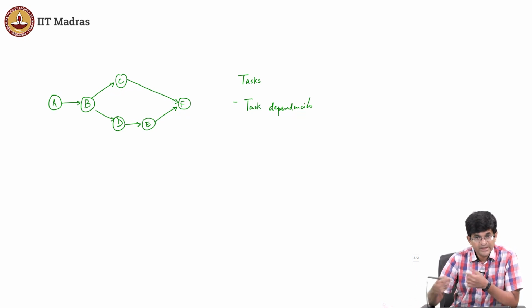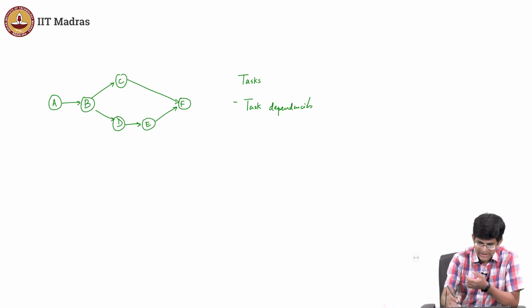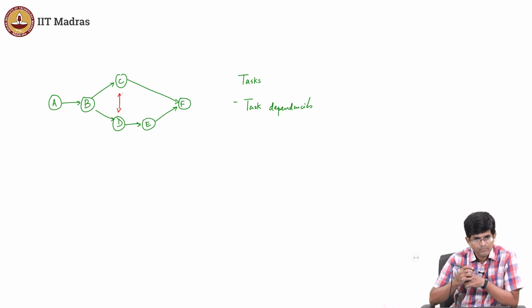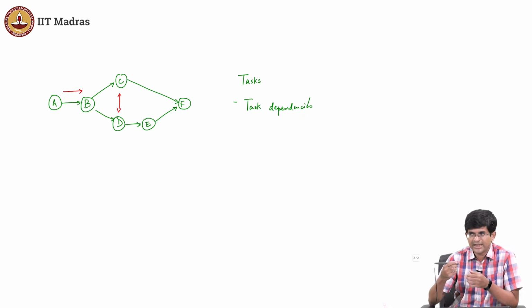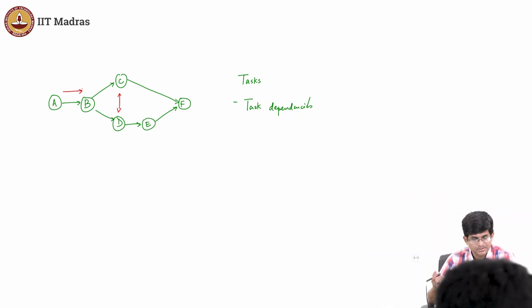right, which in turn leads to another aspect, which when you look closely at this, you will realize that, look at these two tasks C and D, right, do they have any dependency on each other, right. One thing I can say for sure is, look, B depends on A, right. What I mean by saying B depends on A is that until A finishes or A does something, B cannot proceed, right. Similarly, C depends on B, D depends on B, because both of them are taking inputs from B. But does C depend on D? There is nothing to indicate that, okay.